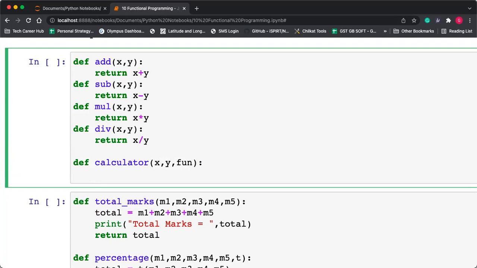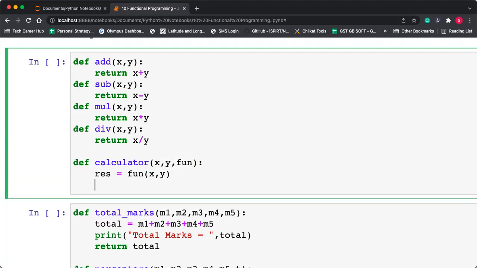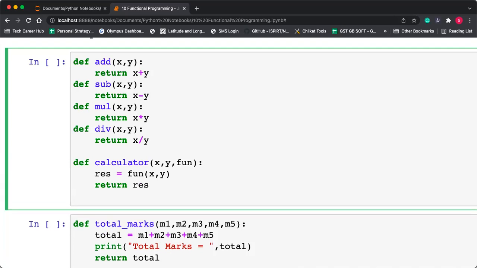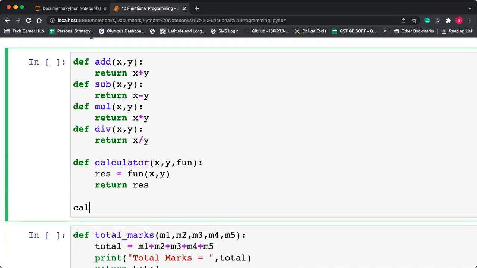Now what to do with that function? res is equal to fun of x comma y. And we'll just print out res, or simply instead of printing, we just return res. Okay, and let's call that function calculator.